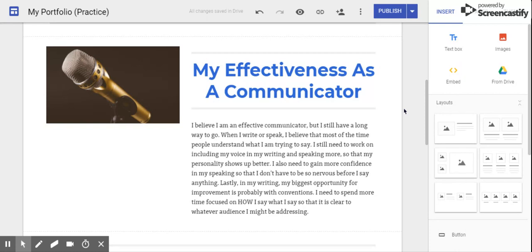Again, as you're going through and thinking about it, everybody should start their paragraph in one of two ways. You're either going to say, "I believe that I am an effective communicator," or you're going to say, "I believe that I am not an effective communicator yet." And yet is a really, really important word as we're going through and taking a look at this. Because we still have a lot of the year left and you've still got a lot of life left where you can be working to improve these things.